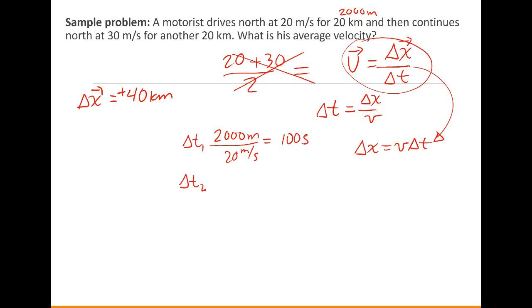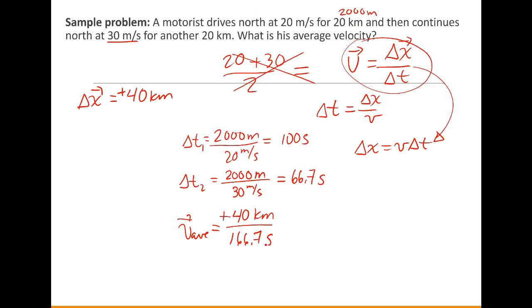And then delta t2 is going to be another 20 kilometers or 2,000 meters, but this time divided by 30 meters per second, and that's going to be approximately 66.7 seconds. So now we can apply our equation that V average is delta x, or plus 40 kilometers, divided by